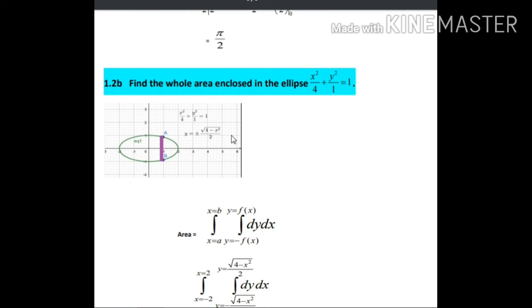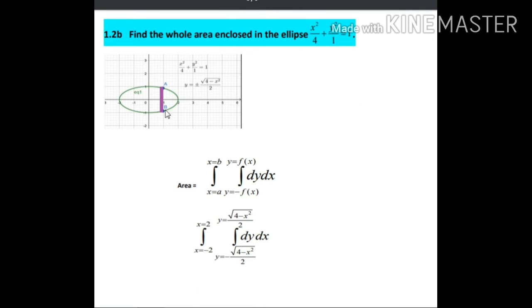Next we find the area enclosed in the ellipse. Earlier we found the area enclosed in the ellipse in the first quadrant only, and now we find the whole area inside the ellipse. If you multiply the previous area by 4, that will give you the whole area inside the ellipse. But if you want to take proper limits of integration and find the whole area under the ellipse, then we can proceed like this. This will further clarify your concepts of how you change the limits of integration when you expand your area like this.